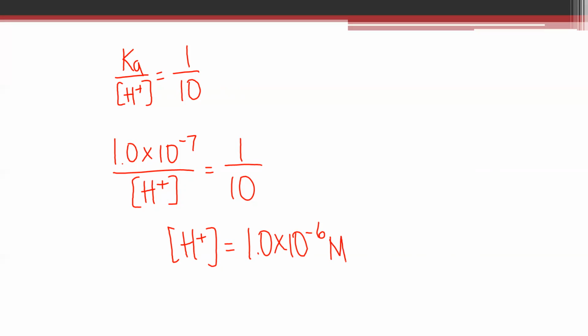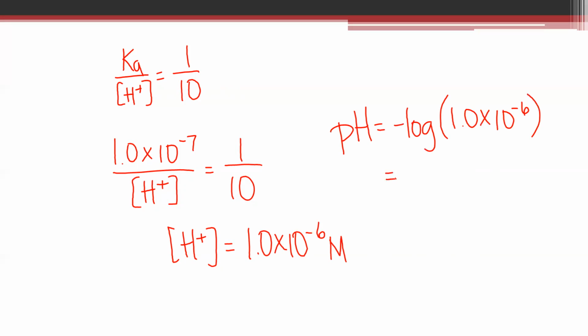Okay. So now, when we have used up and converted at least 1/10 of our indicator, we can say that the H plus is equal to this concentration. And when we take the negative log of that number, that gives us a pH of 6. All right, so that means this will be the first visible change, where we will see something other than yellow. Now, in Chemistry 1,